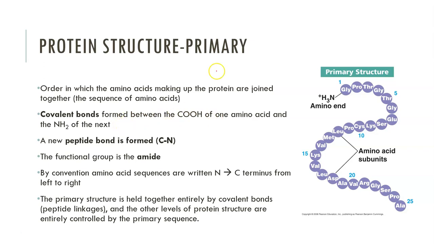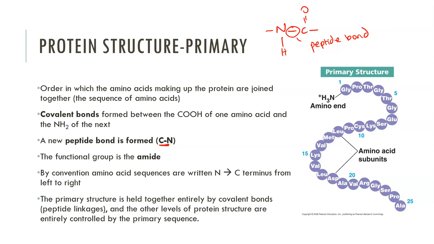So remember that this is where we have the new NH C double bond O, this new bond being formed here. Okay, so we have the new amide functional group between two amino acids forming the new peptide bond. So the primary structure itself is determined by the peptide bonds, the covalent bonds, maintaining the specific sequence of amino acids. Okay, so we get the amide functional group. The peptide bond actually refers to the bond between the carbon and the nitrogen that is newly formed during the